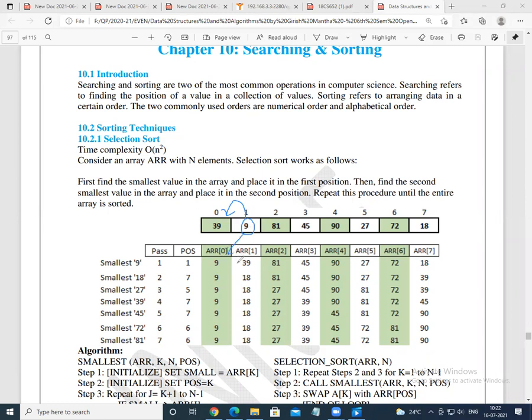Then we say that this part is over. Now I will look for the minimum element in the remaining part. 18 is the minimum element. This 18 is placed into a of 1. Hence we fix 9, 18, then we search for the minimum element in the rest. Similarly, in this part, the minimum element is 27. 27 is fixed into a of 2. Then we fix this array here, and it continues the same way.